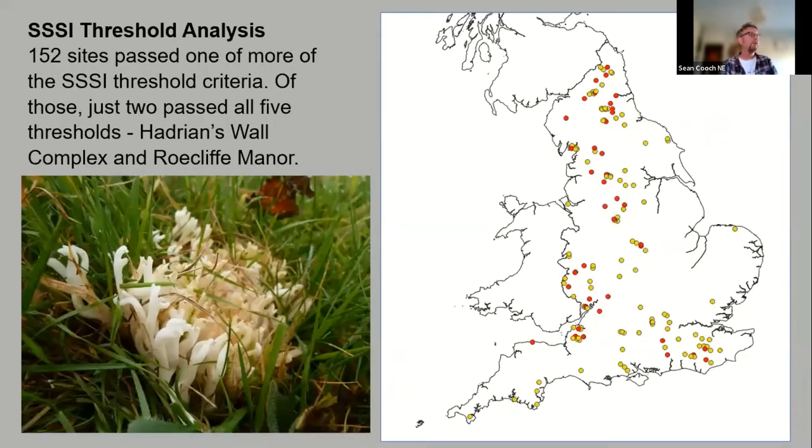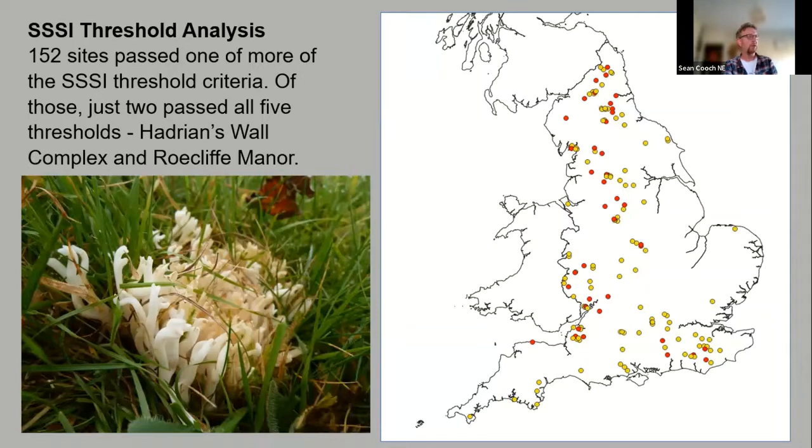When we run the analysis in terms of those sites that would meet the triple SI thresholds, again, this is changing. We have 152 sites that will pass the triple SI thresholds. So that means all these sites could potentially be protected one day. Now, that is an ambition of mine. If we ever get there, that will be a fabulous achievement. So I'll describe it a little bit. But what we do know is that very, very few sites pass all the thresholds